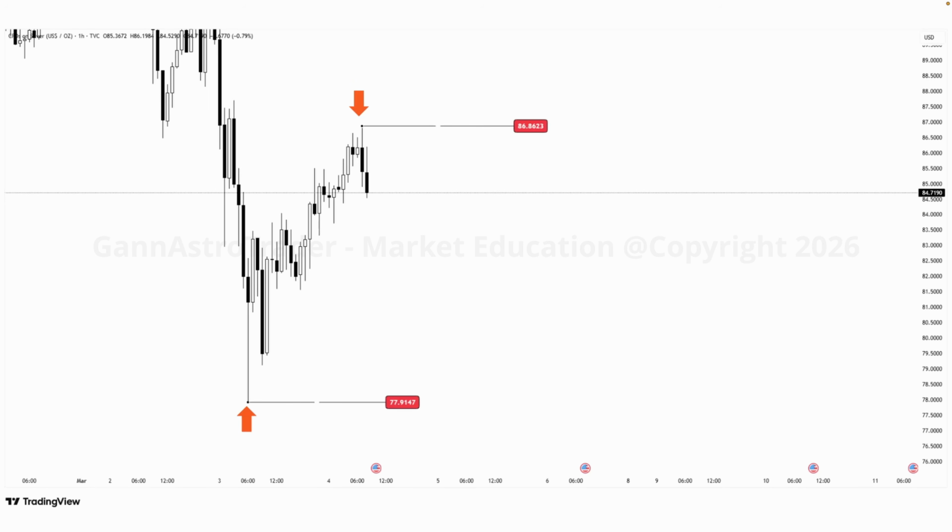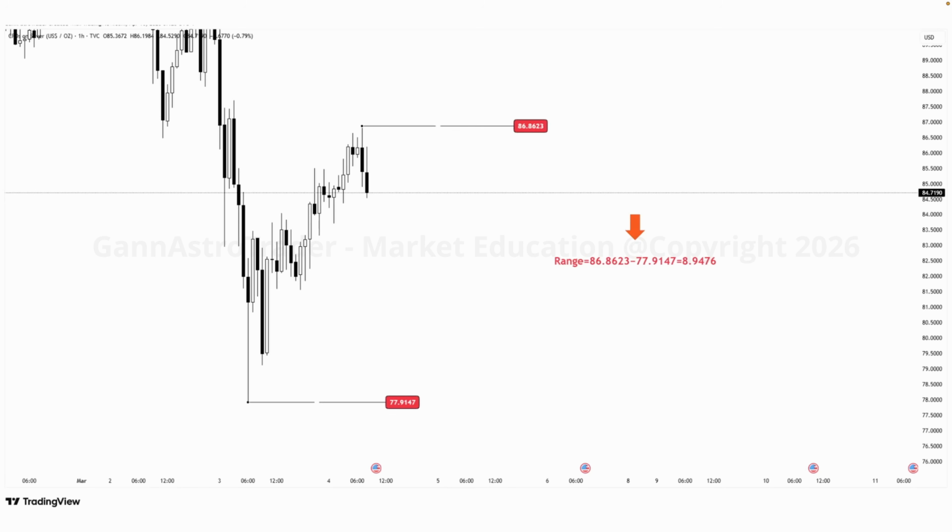Now let's look at another example of this method. We begin by identifying the high and the low of the movement. This gives us a total range, which represents the full expansion of price. This range becomes the foundation for calculating all retracement levels. Once the range is defined, we begin by calculating each retracement level step by step. First, we take the total range, which is the difference between the high and the low. In this case, the range is